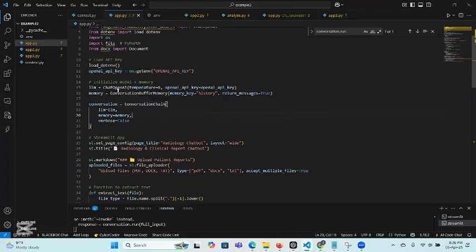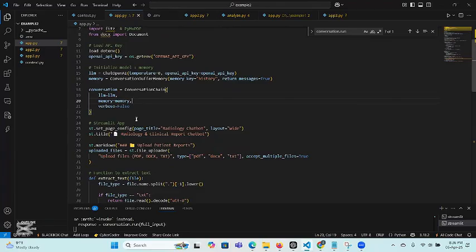this is the model, ChatOpenAI. This LLM OpenAI API key is taken and assigned to this one. And this will initialize the model that we are going to use. You can see LLM here. And then conversation. This is the initialization of the conversation. So we will initialize the large language model and the memory, and these parameters will be